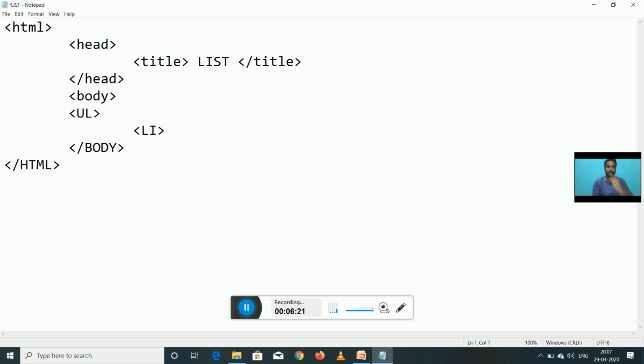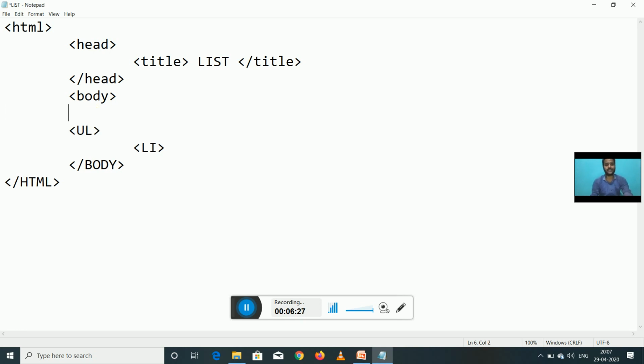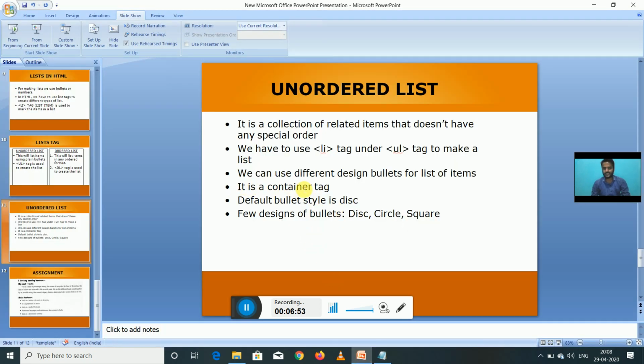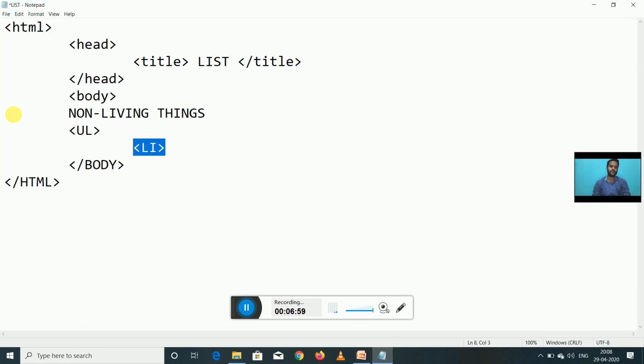Previously we were writing about non-living things, so we write non-living things, then we start an unordered list tag, and in that tag we use a li tag. This ul tag is a container tag, and the li tag is also a container tag. So the ul tag is started, and we have to close it.